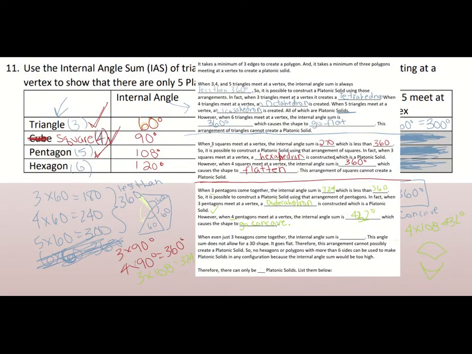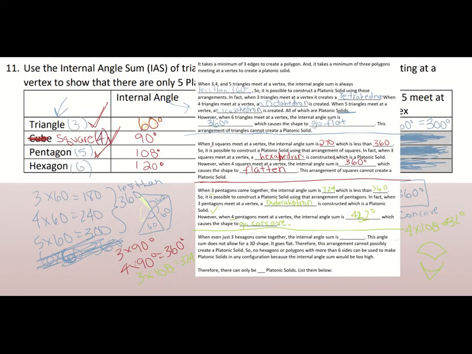It causes the shape to, instead of go concave, you could say fold in on itself. You could say go beyond flat, something like that. Okay, these are just some words you could use to describe this phenomenon. That cannot possibly create a Platonic solid by definition. Okay, so we abandon the idea that 4 or more pentagons could come together, and we move on to the